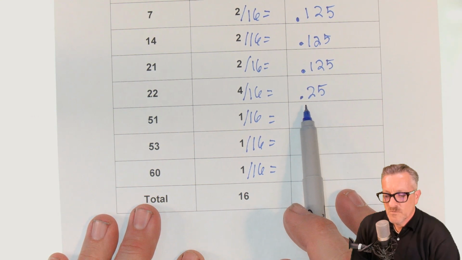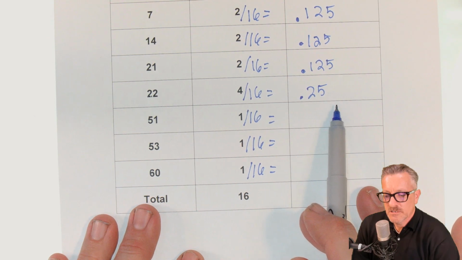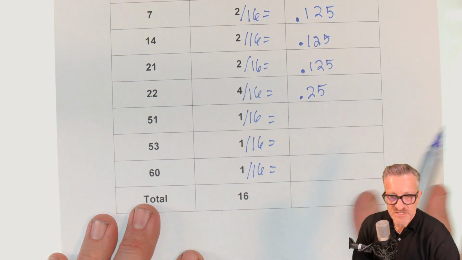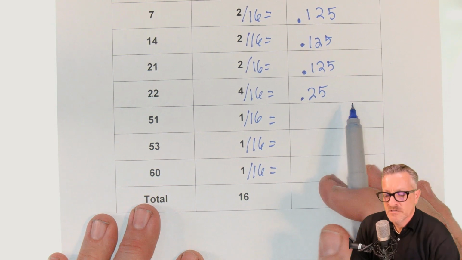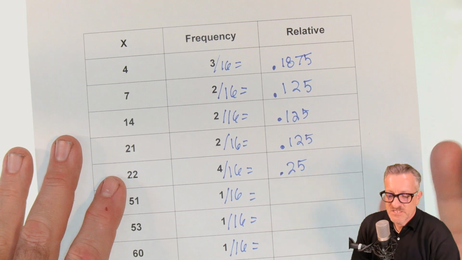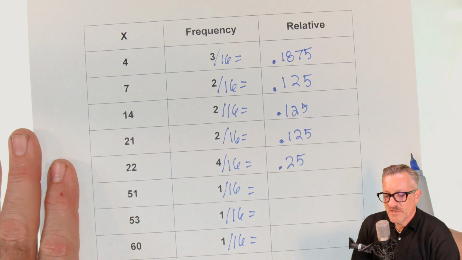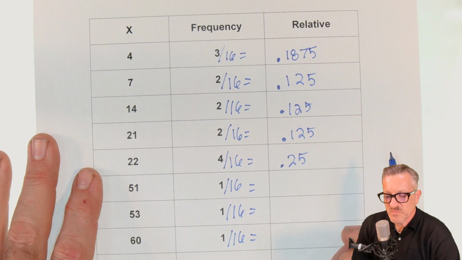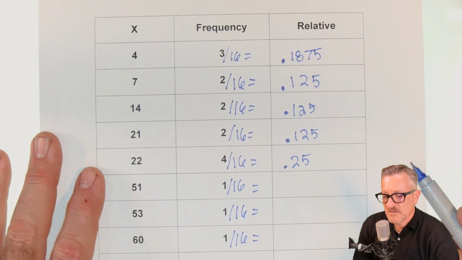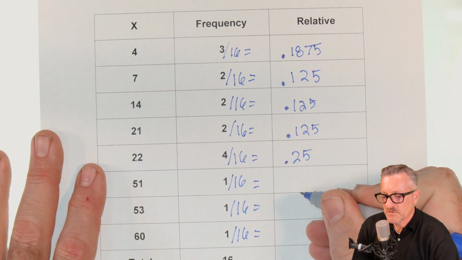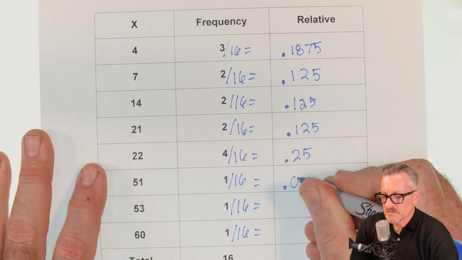If you need to figure out where you stop with your precision on the decimals, I would go out to 4 decimal places. And it's just a good habit. I don't like to round. People round all the time, but I usually go out to 4 decimal places, and it's pretty good. Until you get into compounding numbers and things like that, 4 decimal places usually works well. Okay, so for 1 sixteenth, it's 0.0625.